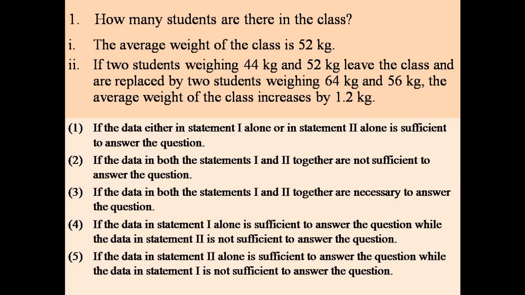So how do we answer this question? If you look at all the 5 choices, you will find the last choice: the data in statement 2 alone is sufficient to answer the question, while the data in statement 1 alone is not sufficient to answer the question. That is important here. In some questions, some other type of choice will be there. In this particular question, the 5th choice is the only one which suits the truth. So the correct answer is choice 5. That is the first question. That is over.